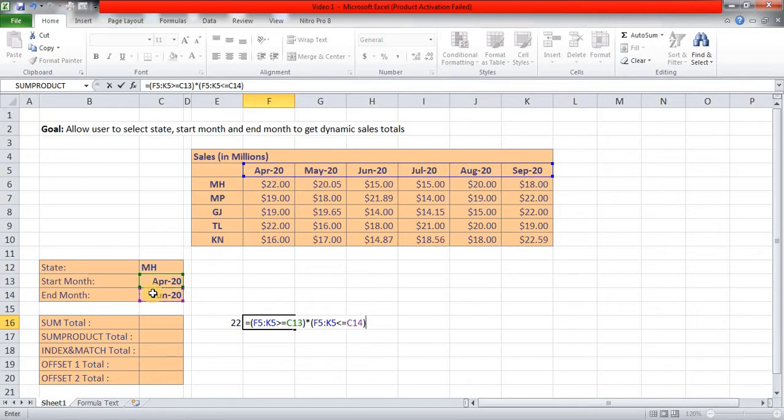I'll complete the parenthesis and I am pressing Control Shift and Enter. It's giving me 1 because we have used that asterisk, and as asterisk has converted those trues and falses into ones and zeros. I am pressing F2 and pressing F9, and here it is. So it has perfectly selected 3 months because we want the total of April, May and June. So I am pressing Control Z, and I am going to surround this entire thing in brackets, because both these conditions together form only one condition. So Control Shift and Enter.